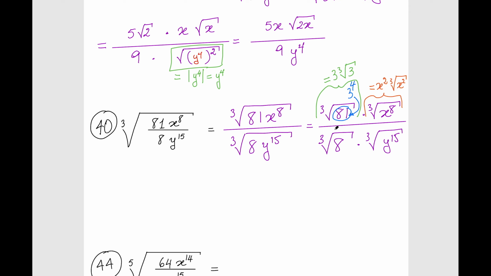Third root of 8 is 2, because 2 cubed is 8. And lastly, this part,